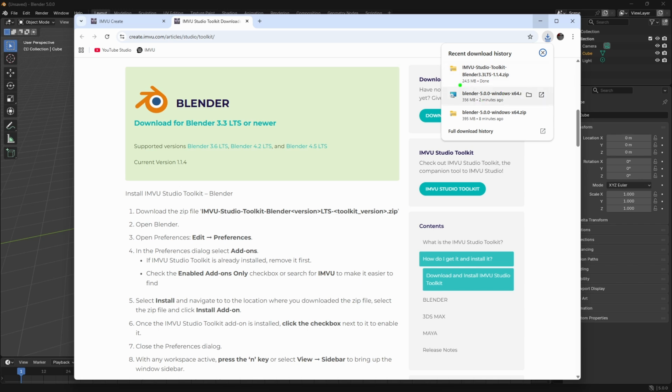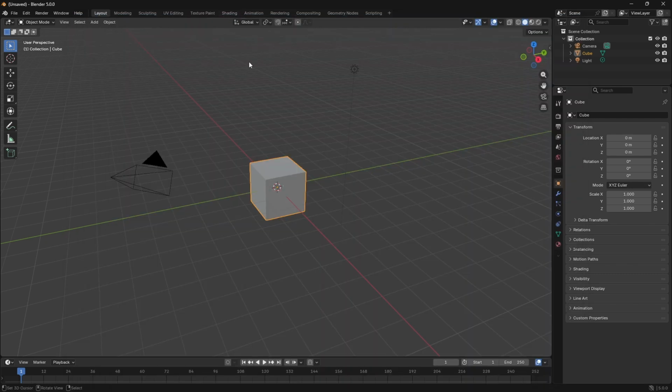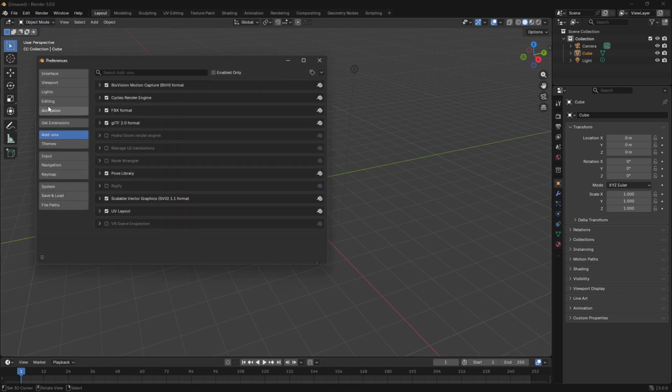So we've got our zip file. Let's make a note of where that is. It is in the downloads folder. So in Blender, we want Edit, Preferences. We want add-ons,